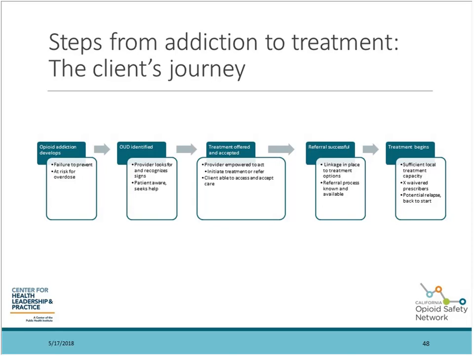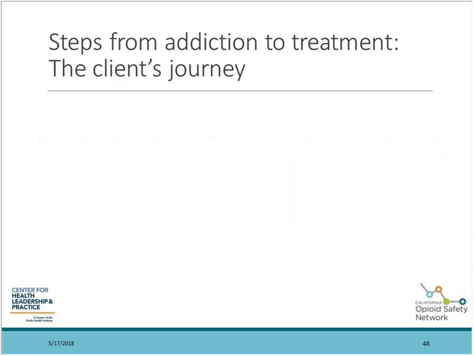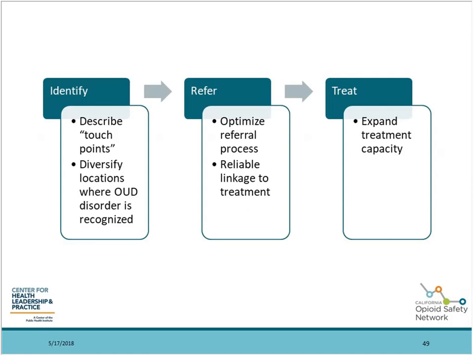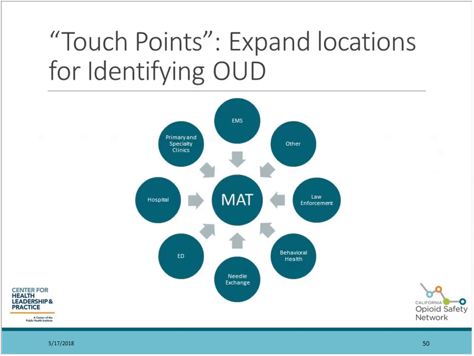Many of our strategic efforts focus on the last of these pieces and think that just having more X-waivered physicians is the answer. And it's certainly one of the major limiting factors as reflected in your survey, but it's important to also recognize the other elements of the system that contribute to this. So to summarize that, we need to be identifying patients, we need to be referring them, and we need to be treating them. And those will be expanded upon by the speakers that we've invited to join us today.